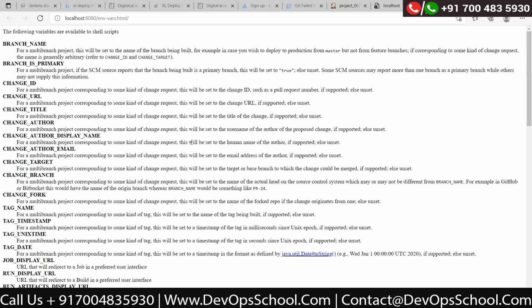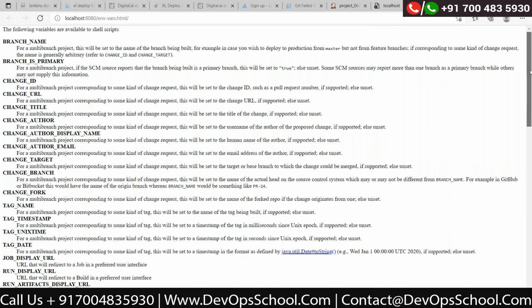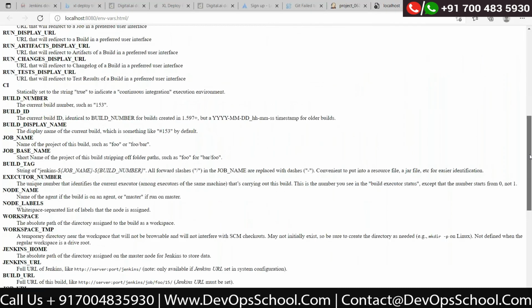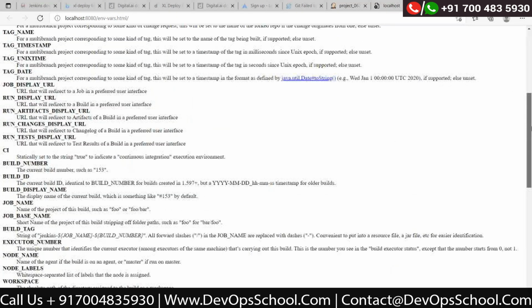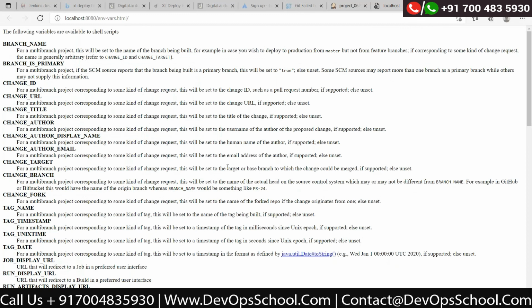These are the predefined variables, and if you search for workspace, you'll find it already exists here. Hemant, if I want to check something like organization, can we check it like this? These are predefined, and you need not remember them.